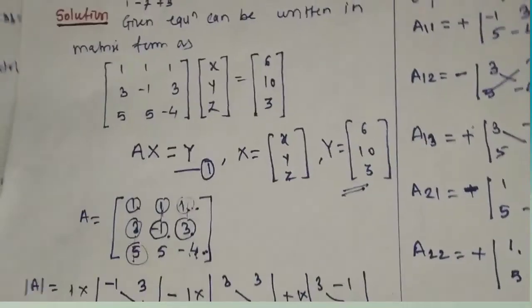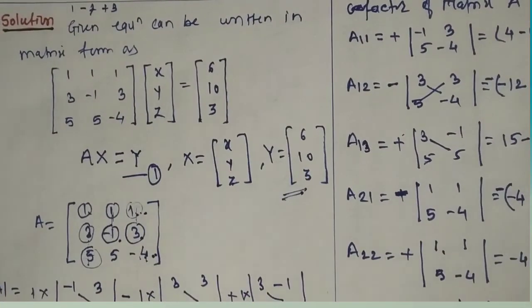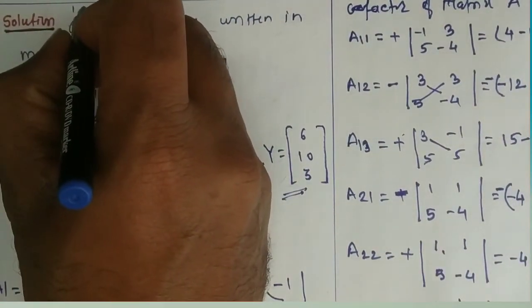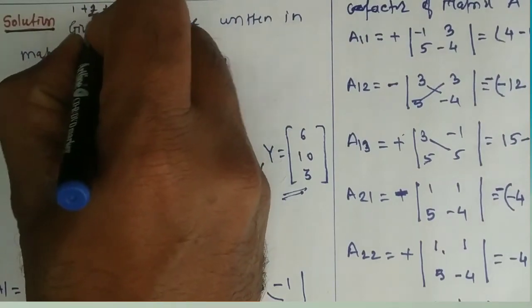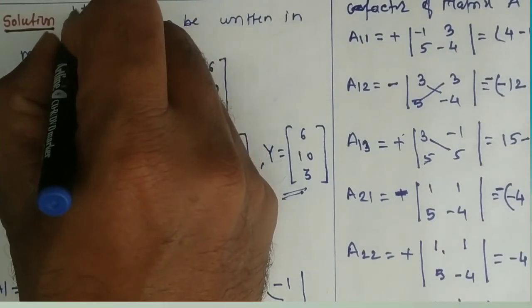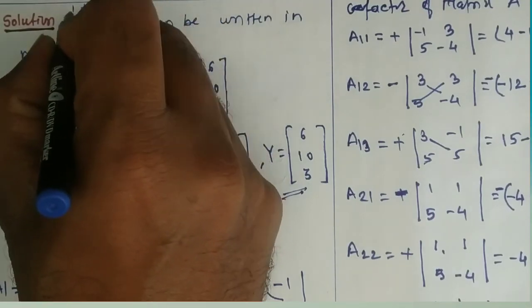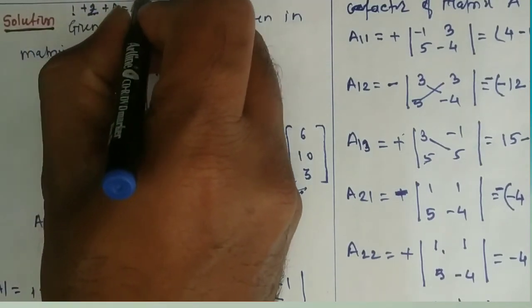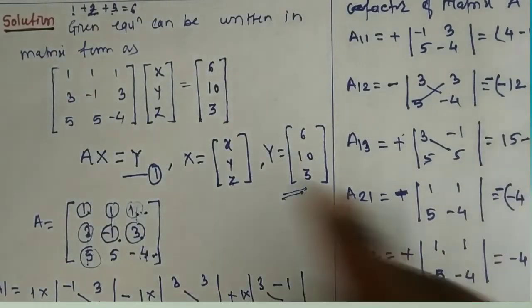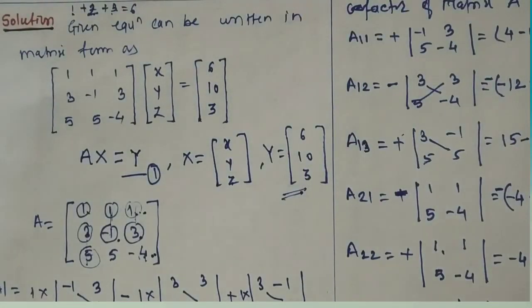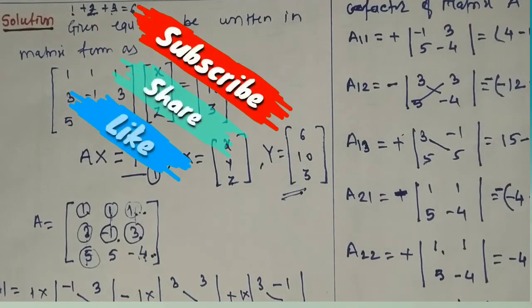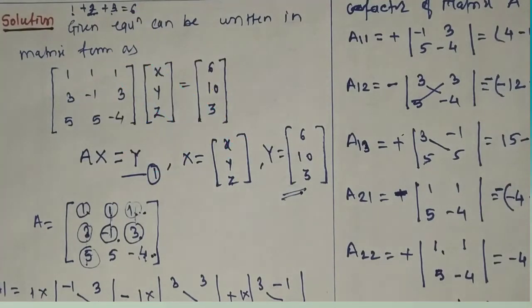We will check whether this is correct or not. So how do I know that this answer is correct or not? So just substitute the x, y, z values. X is 1, y is 2, and z is 3. I replace, what you will get here? 3 plus 2 plus 1, which is 6. So correct. I am getting the right hand side, which is 6. So if you are getting the right hand side correctly, then your answer is correct. So at the time of exam also, you just cross check whether your answer is correct or not.